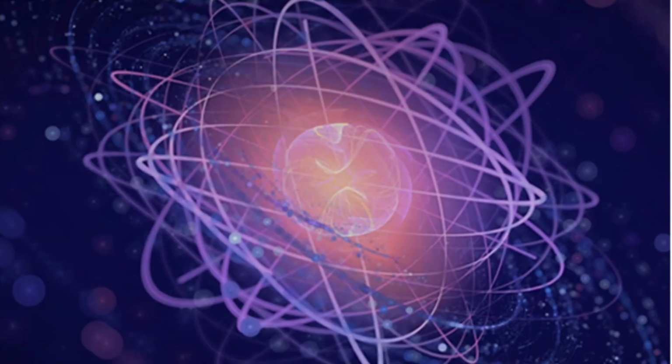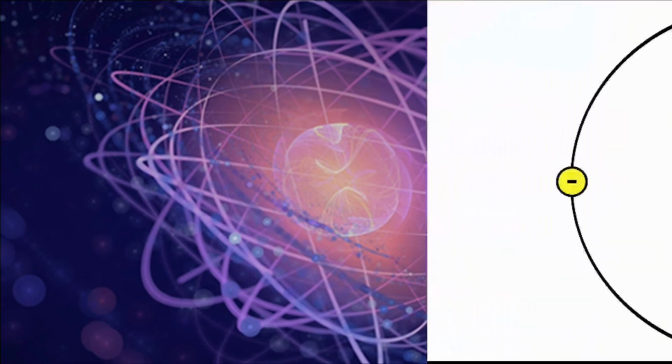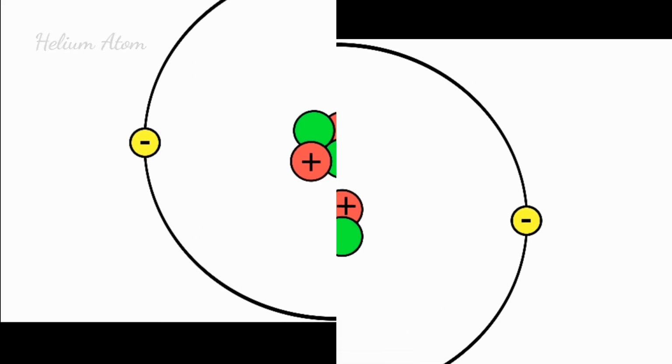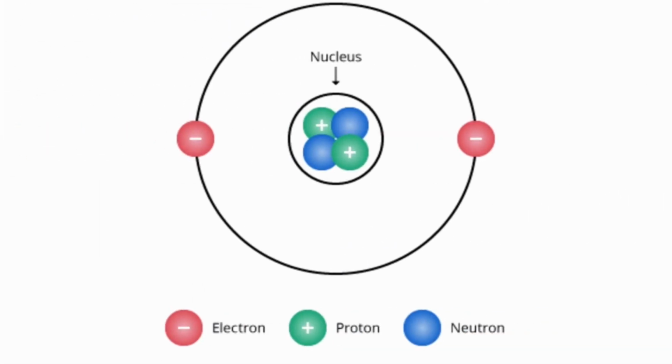Now the strongest of the forces is probably the best name of them all, and that's because it's called the strong force. Although you probably haven't seen this yet in any chemistry class, it actually applies very strongly in chemistry. It's even applicable in the very basics of atoms. For example, a helium atom has 2 protons and 2 neutrons, and then it also has 2 electrons circulating around. One question that may or may not have jumped into your mind when you first saw this model of an atom is that we see the electrons are attracted to the nucleus as it has a negative Coulomb charge, and the nucleus has a net positive charge.